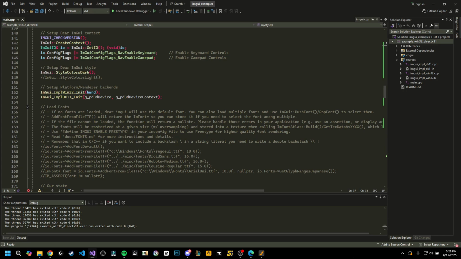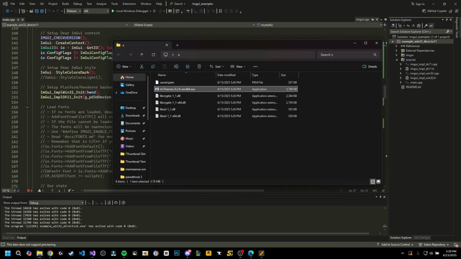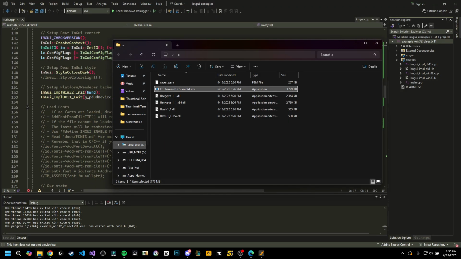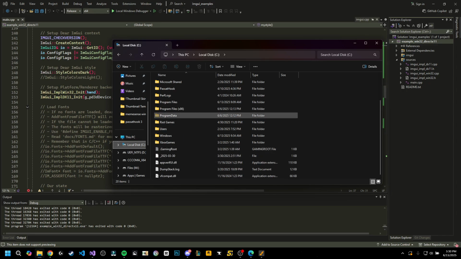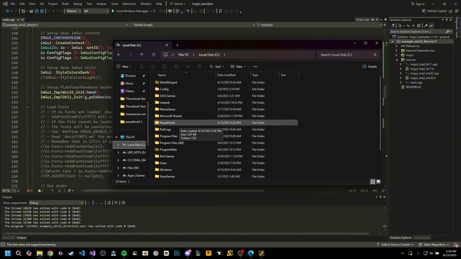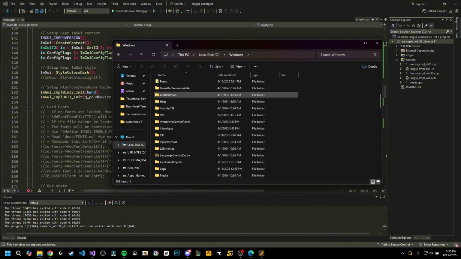And what I want to go into, although I have a separate video on this, because it's gonna help you a lot to make your window look better, I want to show you in today's tutorial how to add a font, because it's incredibly easy. So in my video on my channel, you can see how I add fonts using bytes, so directly from memory. Today I'll show you how to add it using a TTF file somewhere on your computer. So we're gonna pick a random font. You can download any font from the whole wide web, but we're gonna get a font here from Windows, just for a, you know,